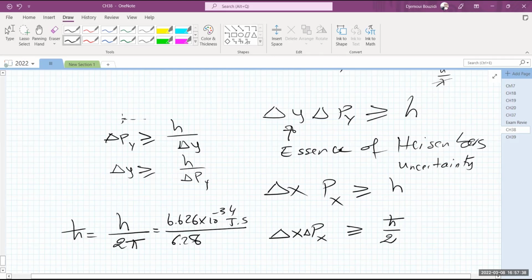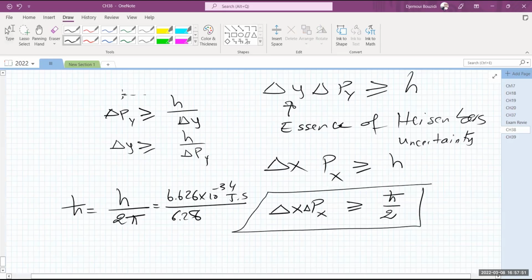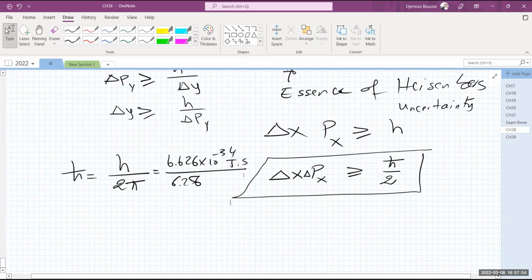That's h bar. It has a name now. People probably know h bar more than h itself. H bar is the same h, except there is a 2 pi between them. That's all. So this is actually the more accurate relationship, and it relates the two quantities, the position